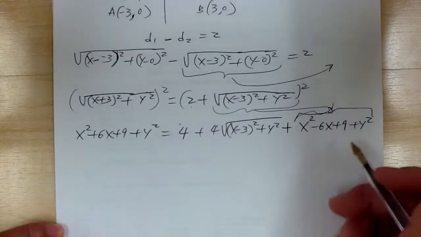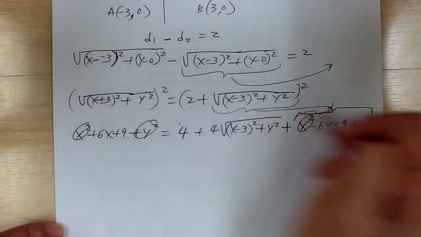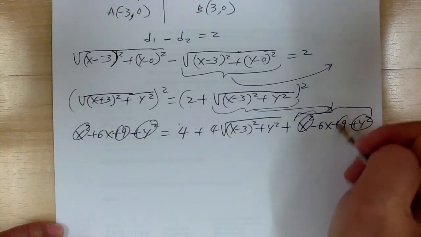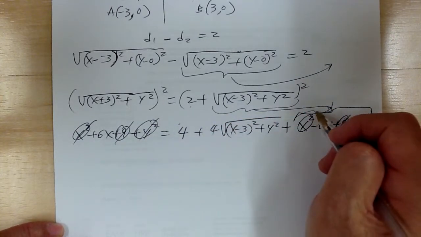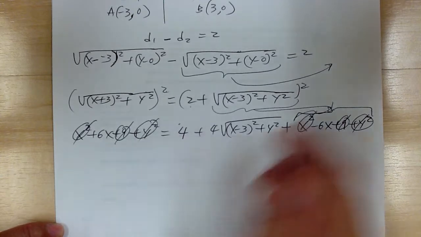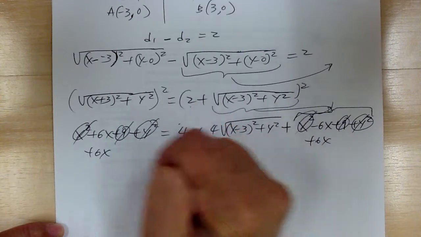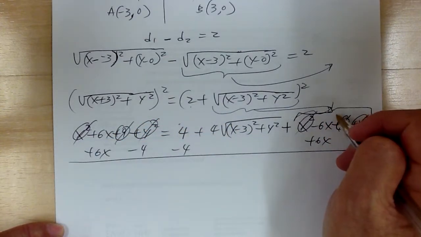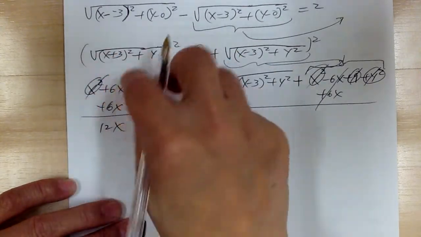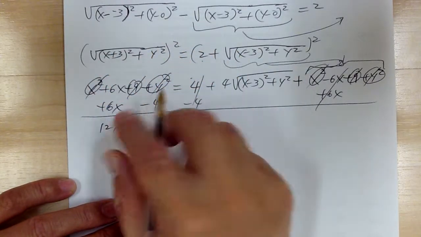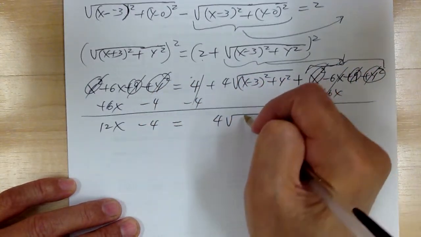Okay, then from here I'm going to simplify things a little bit. The x² will cancel out. The y² will cancel out. The 9 will cancel out. So all these are gone. And so I'm going to move this over. So I'm going to plus 6x, and I'm going to minus 4. So this will take care of that. So I get 12x. Now don't forget, 6x plus 6x is 12x, right? Minus 4 equal to the 4 times square root of,